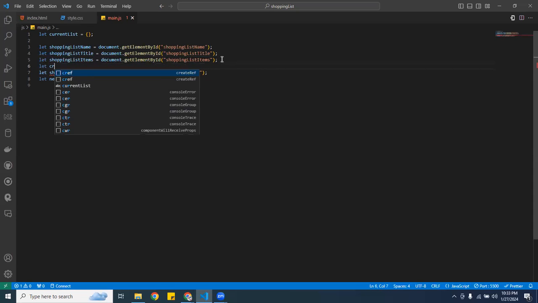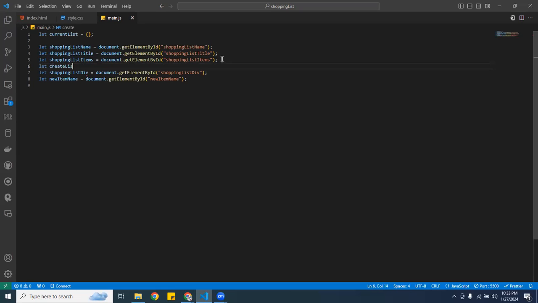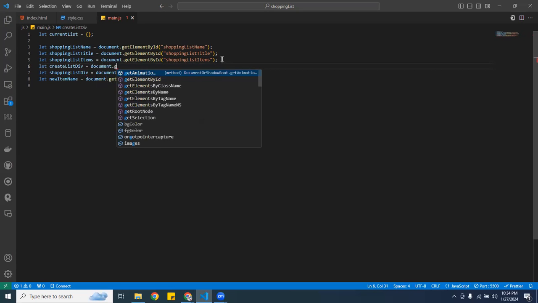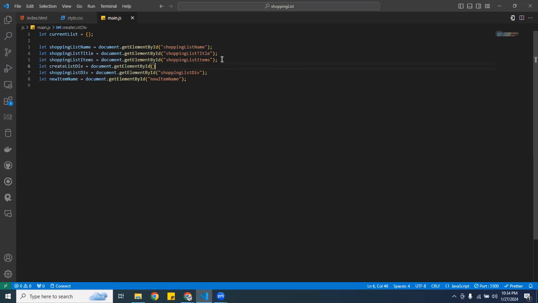This one I'm going to call create list div, and this one is going to be document.getElementById, called create list div. All right, now that we have grabbed the values and created some variables,